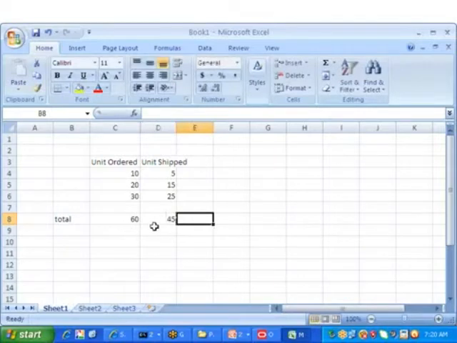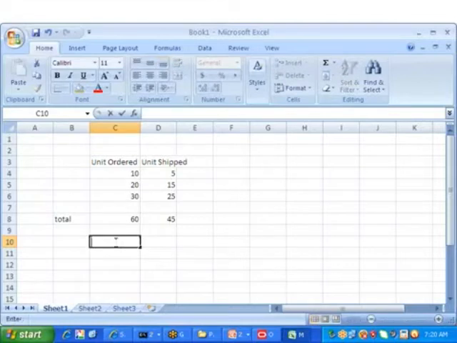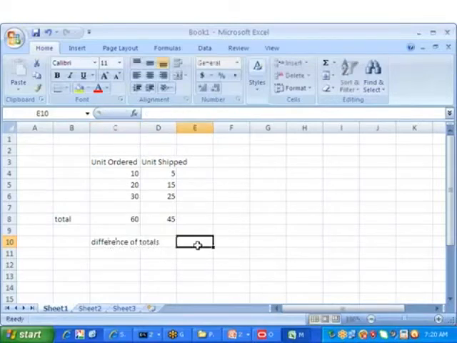What is the difference of these two, the difference of the sums we are doing, right? The difference of totals, how much? It is 15, right? That's how it is calculated.